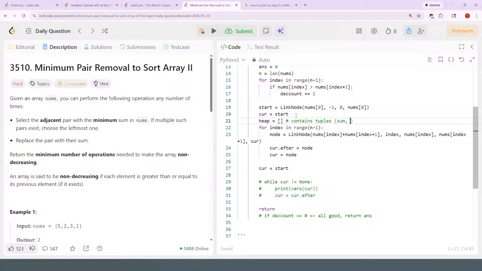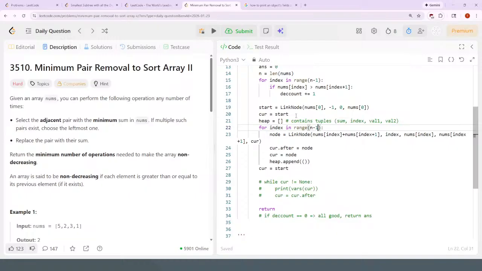It contains tuples that are sum, index, value 1, and value 2. So I'll say heap.add or heap.append the tuple from this thing here. So it would be,